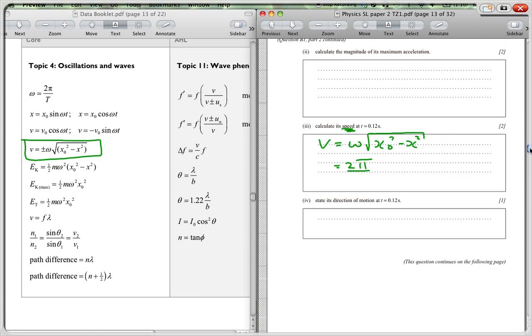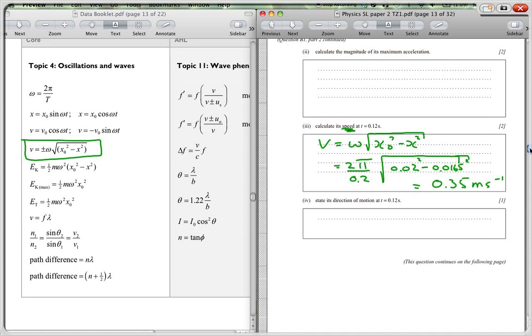and we know that our time for this is the period, and that was 0.2 seconds. And then here we've got 0.02, and that's going to be squared, minus 0.0165 squared. And we're going to calculate that, and you should get in the region of about 0.35 meters per second,